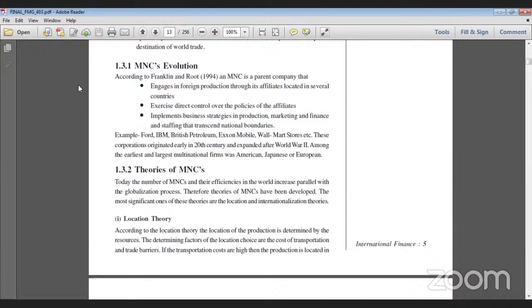internationalization theory and location theory. According to the location theory, the location of production is determined by the resources. The determining factors of the location are the cost of transportation and trade barriers. If the transportation costs are high, then the production is located